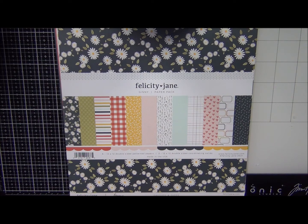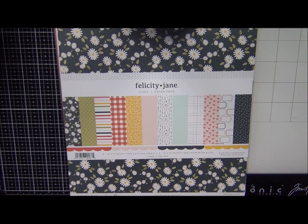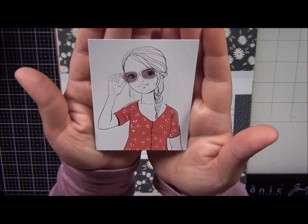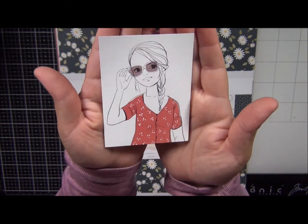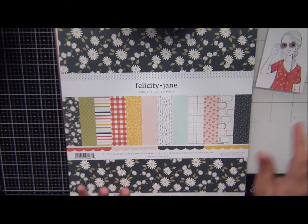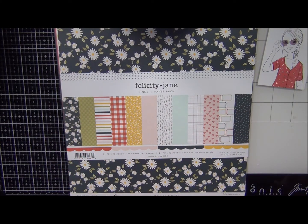Today I'm going to be sharing an unboxing of the Felicity Jane kit for the month of July. This is called Ginny, and let me show you what Ginny looks like. A summer girl that's ready for a hot girl summer. I have my paper already here and I've kind of have everything laid out, but before I get started